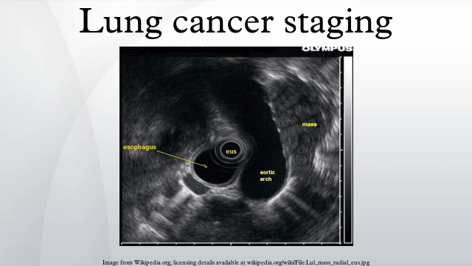T3INV, primary tumor invades the chest wall, diaphragm, phrenic nerve, mediastinal pleura, or pericardium. T3CENTR, primary tumor is